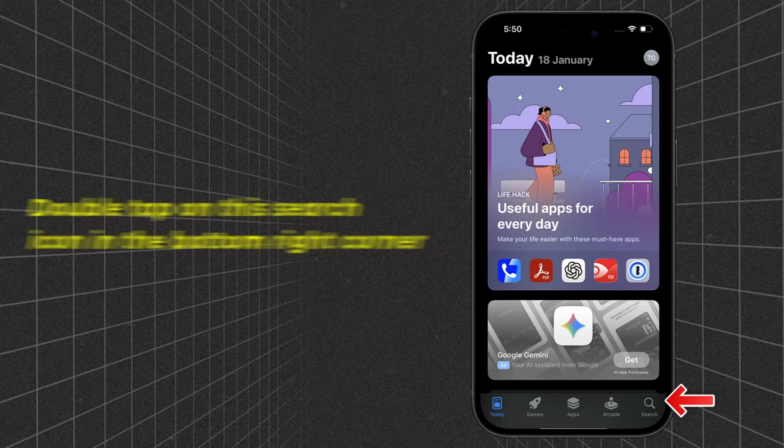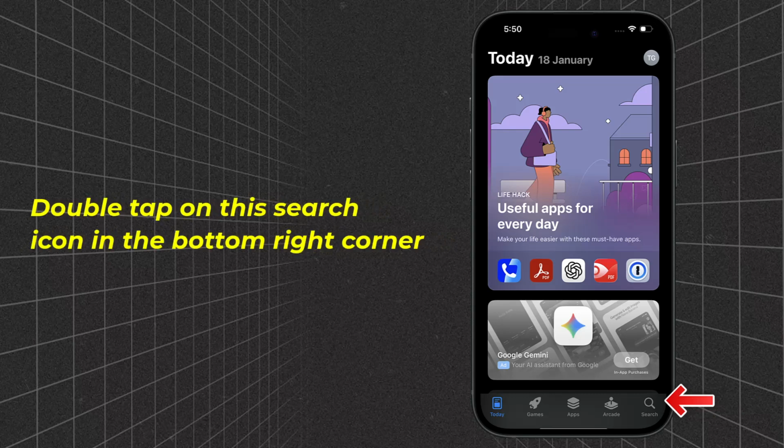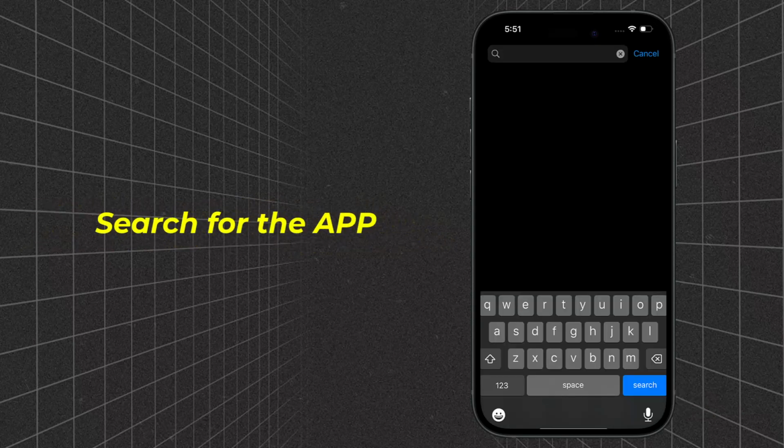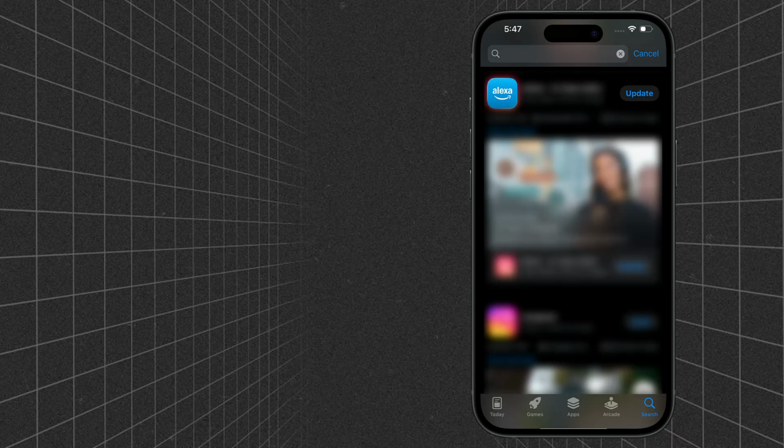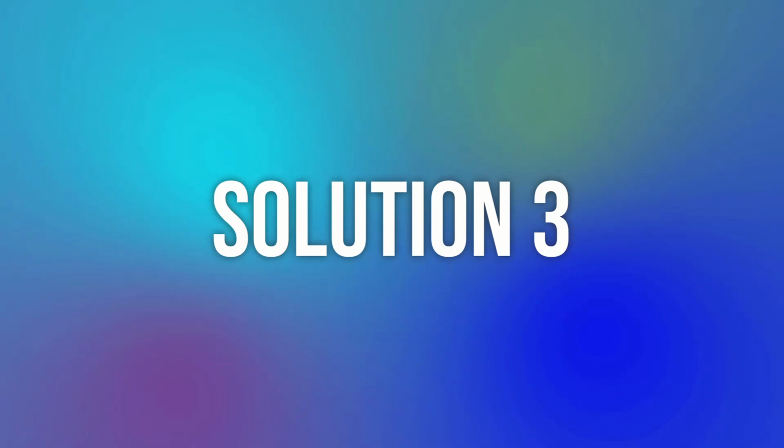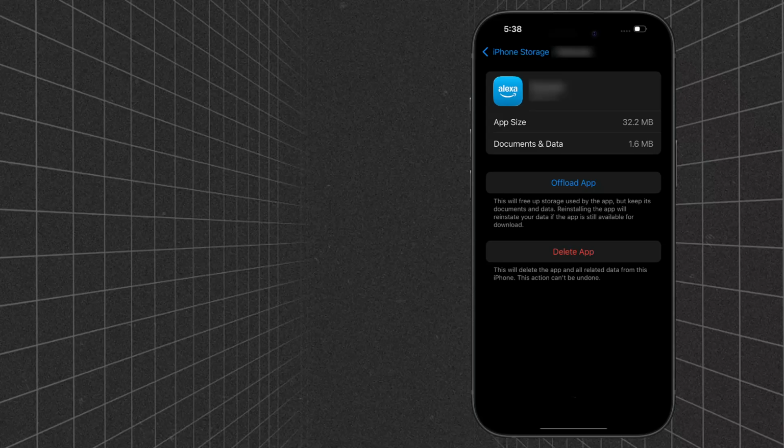From here, double tap on the search icon in the bottom right corner, and then search for the app. Once the app comes up in the search result, and if you see this update button right next to the app, simply tap on it to make sure you're running the latest version of the app. However, if you continue to encounter this issue, then you will need to completely reinstall the app, which usually resolves